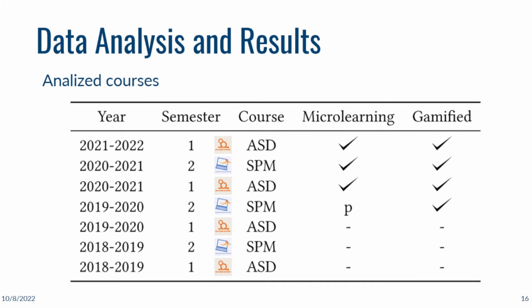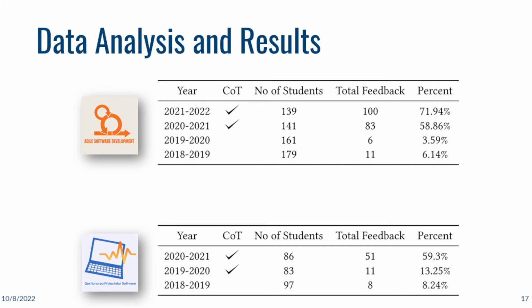We looked at data collected from 4 academic years to see what happened to student engagement and performance when microlearning and gamification were introduced. In order to get a better idea of how big this effect is, we decided to include 2 years in our research where teaching, learning, and testing of knowledge were all done in the traditional style.